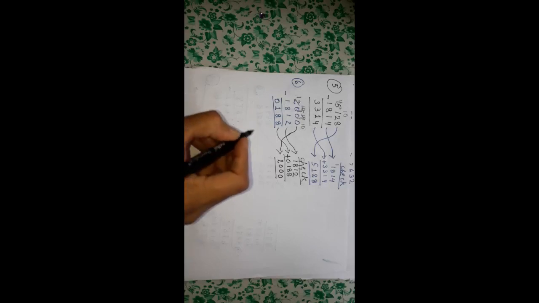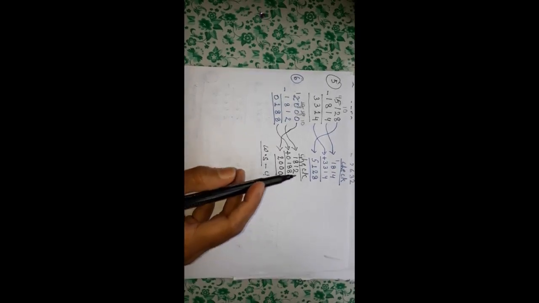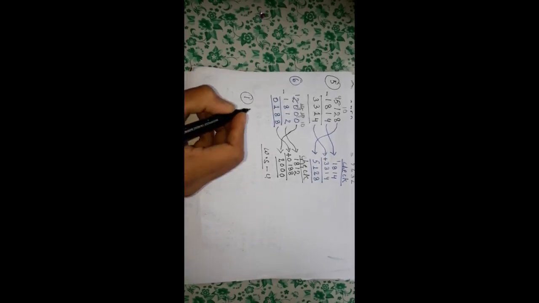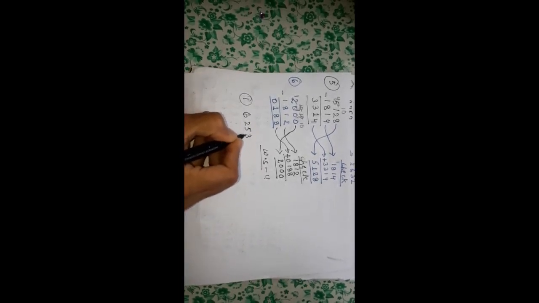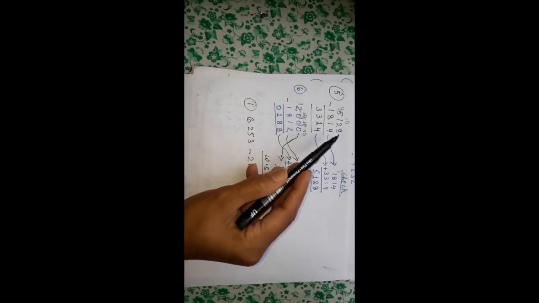Now your worksheet 4 of unit 3 is based on subtraction and check its answer. For the example, the question will be given in your book like that. What you have to do? First, arrange the numbers in columns. I have also arranged the numbers here in column. First, you have to arrange the numbers in column in each question and subtract. First arrange, after that you have to subtract. Also, check your answer.